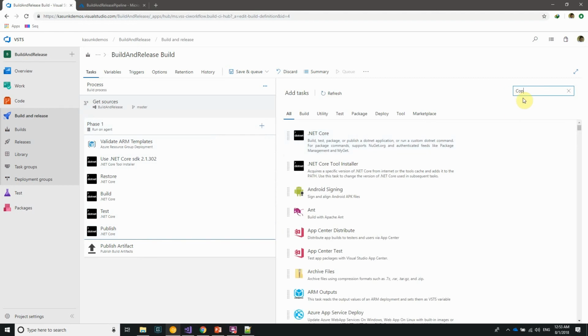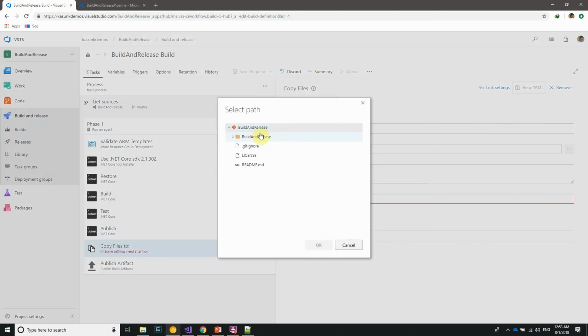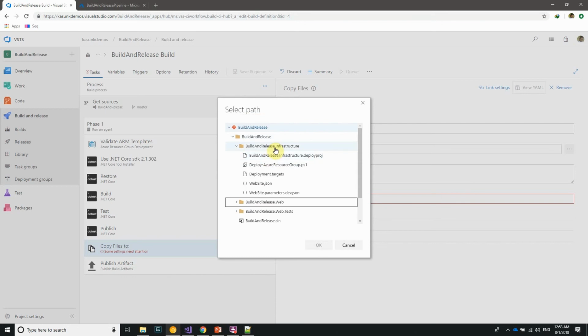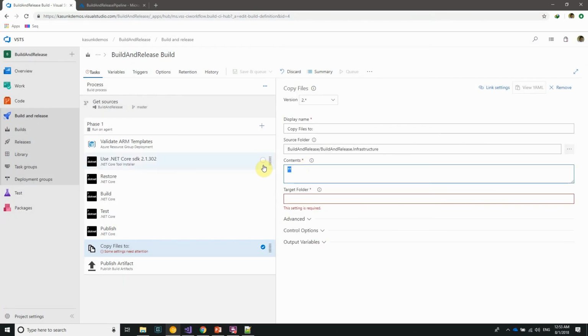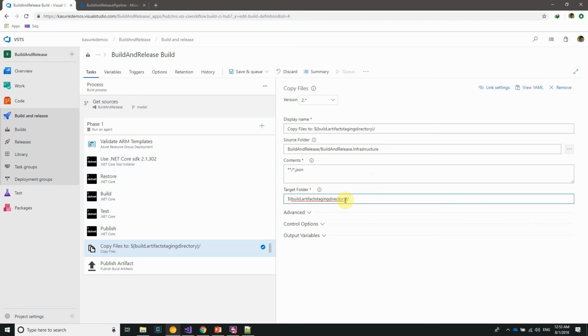I'm going to search for copy and add this copy files task, and I'm going to select the source folder as the infrastructure folder, and the contents will be all the JSON files that are included there, and the target folder is the artifact staging directory. I'm going to create another folder called template in here, and it will copy the template files. I'm going to rename this as copy ARM template,